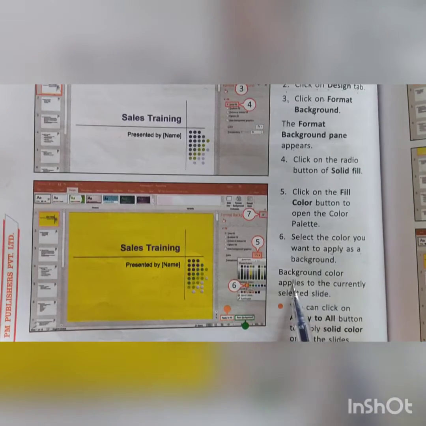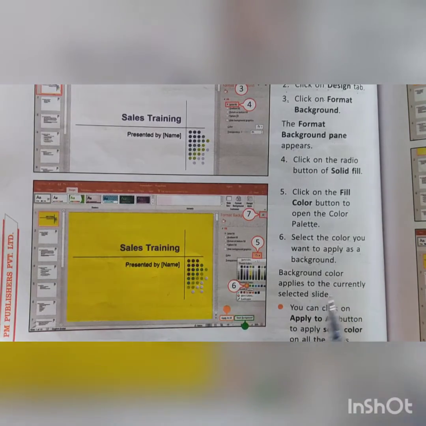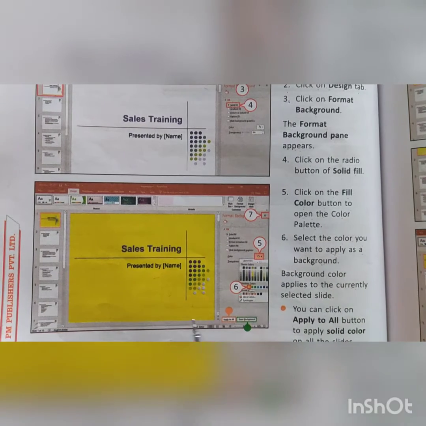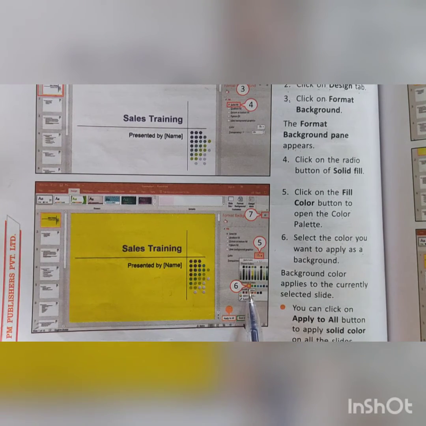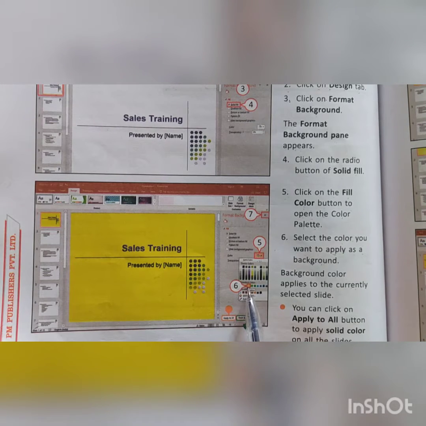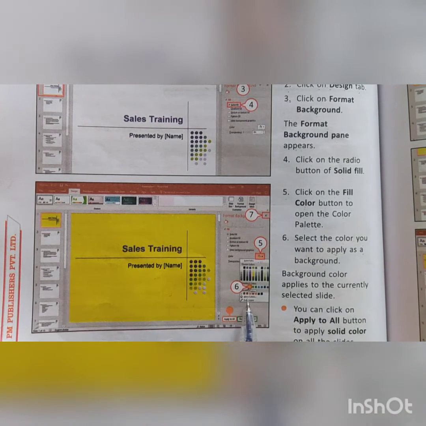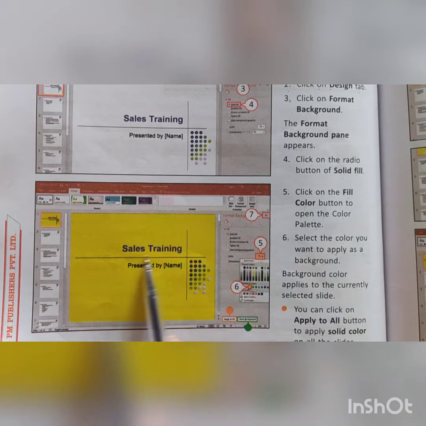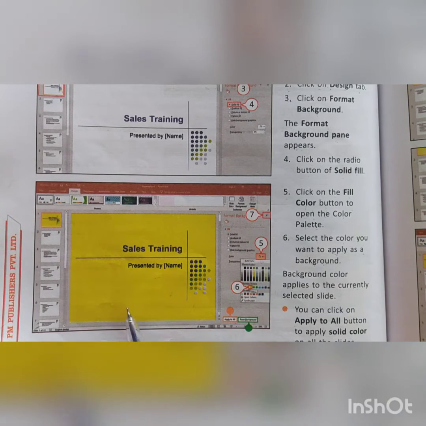Background color applies to the currently selected slide. Here you can see that we have selected yellow color. After clicking, yellow color is applied on the background of the first slide.